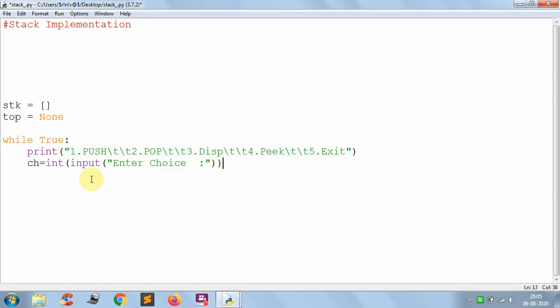After that, among all the choices, I want to select one choice. Now based on the choice, I have to call the function.